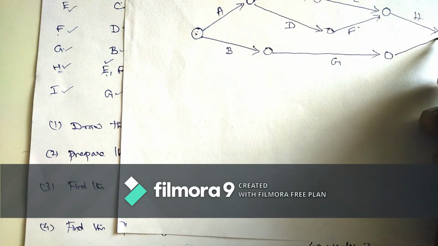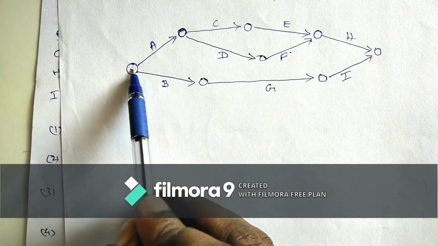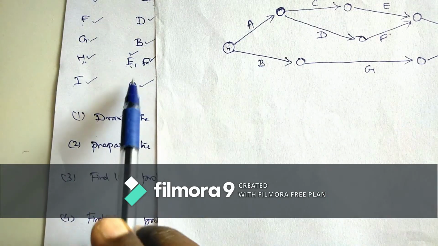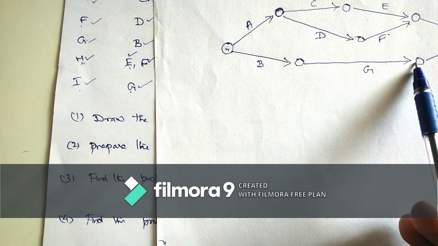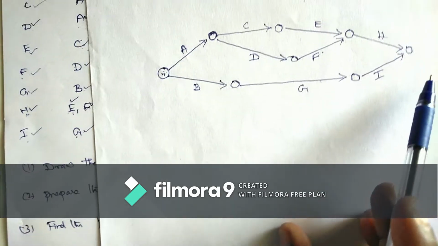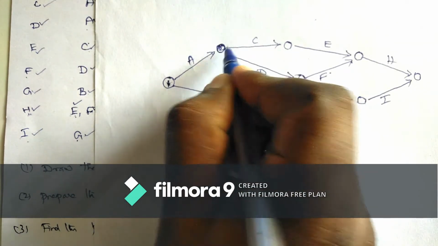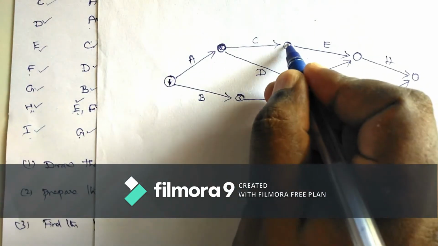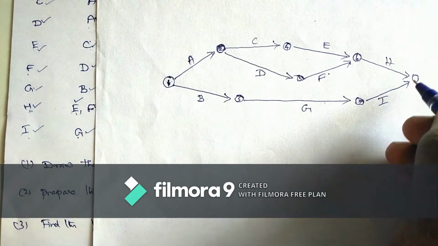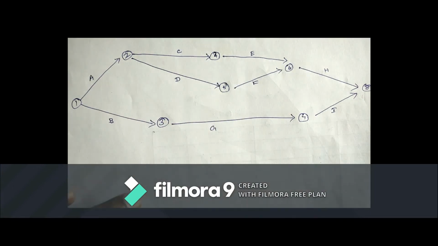We can finish here. So when you are drawing your diagram, there is only one starting point and only one ending. So this is the last one, G to I. After G, I, so this I ended here. Clear? Now we can put the numbering for our reference: 2, 3, 4, 5, 6, 7, 8. Okay, now we got our network diagram.